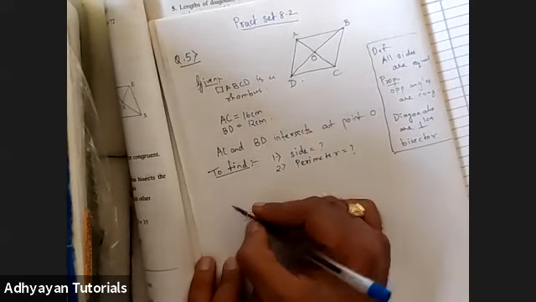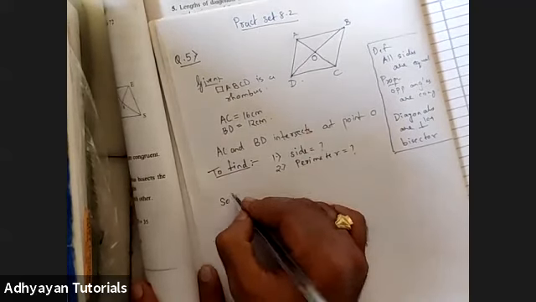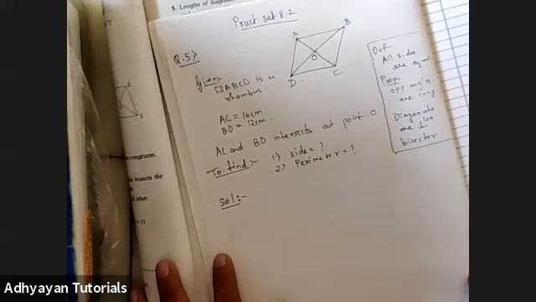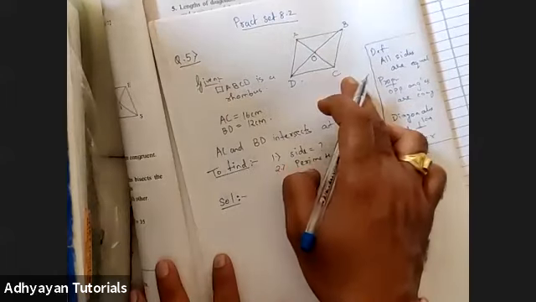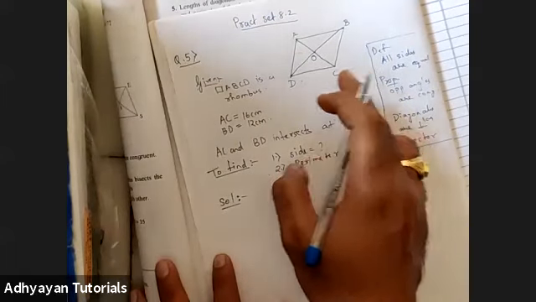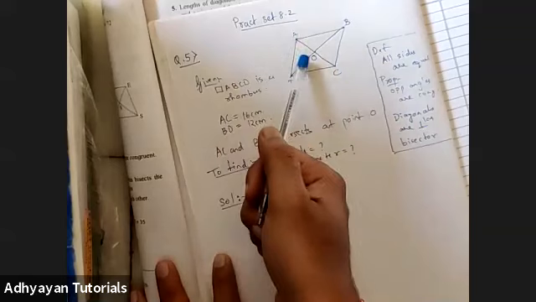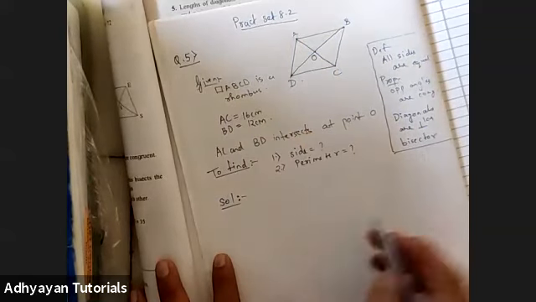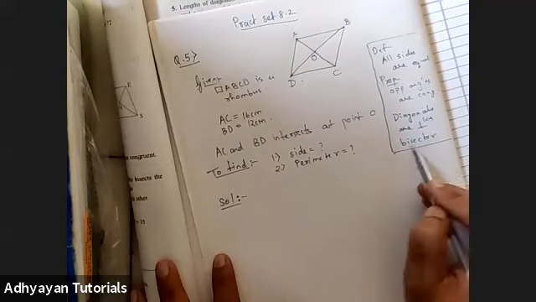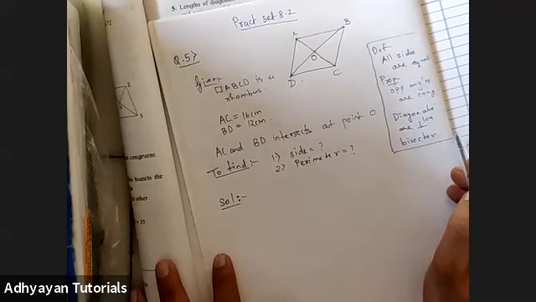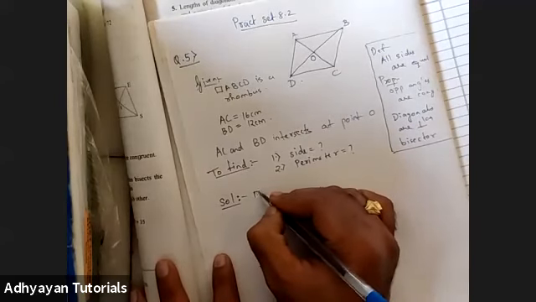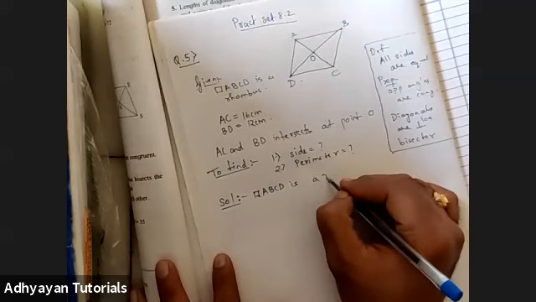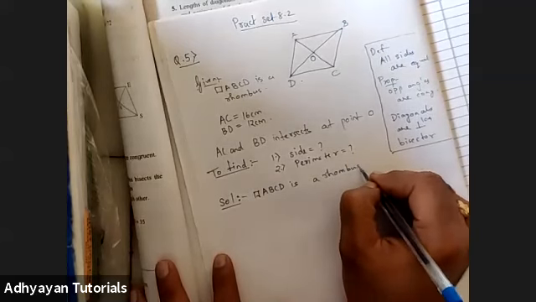Now let us start with the solution, right? Okay. AC is 16 centimeter. So children, can I state that AO will be half of AC? The reason for that has to be diagonals are bisector of each other, isn't it? So I start with this thing that quadrilateral ABCD is a rhombus. That is nothing but given,